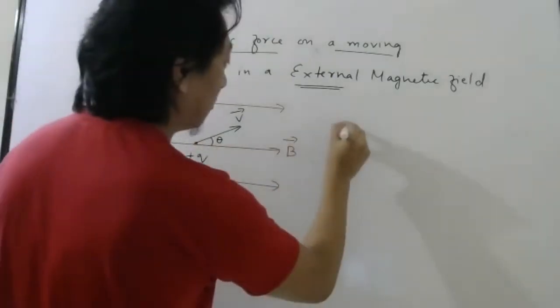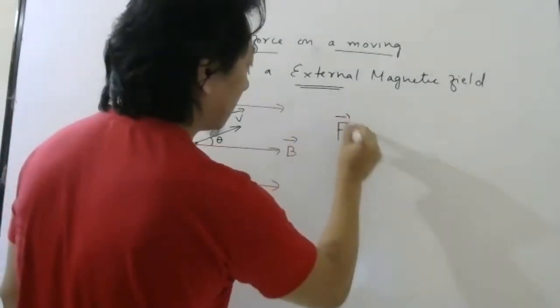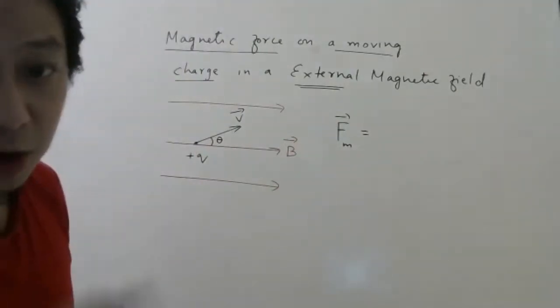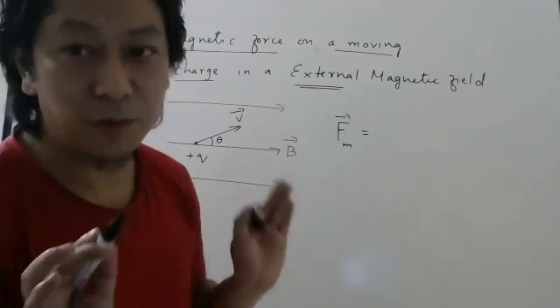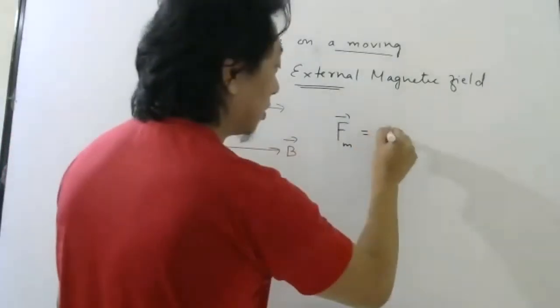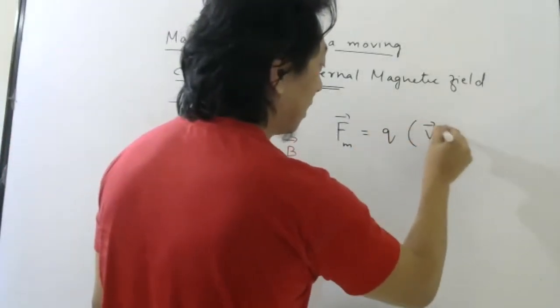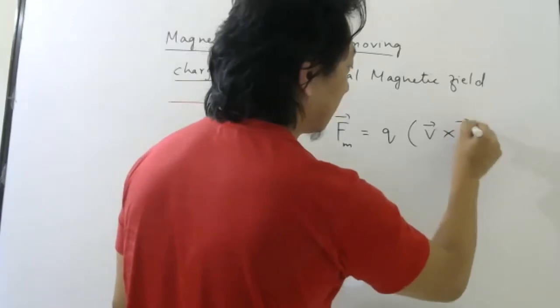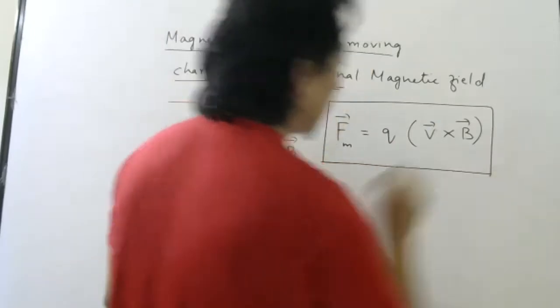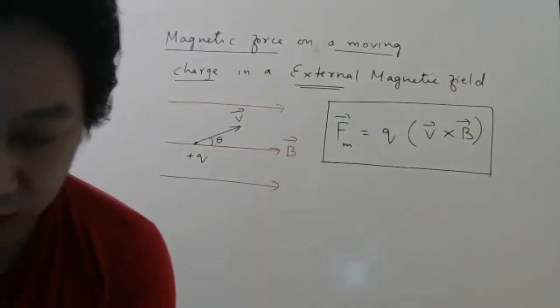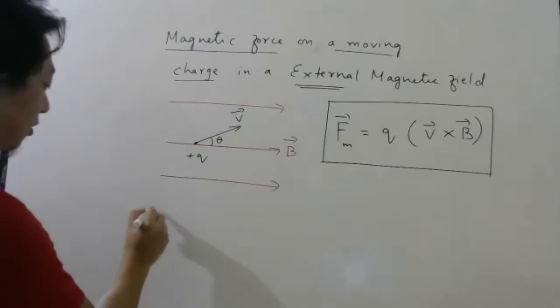Then the magnetic force is given by a vector. Okay, the formula you have to memorize. All these formulas were found experimentally, which we will not be discussing. So it is Q v bar cross B bar. It is a cross product. Since it is a cross product, you should remember a little bit of first PU cross product.